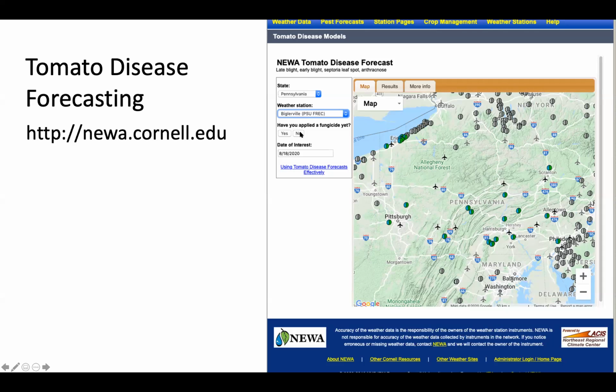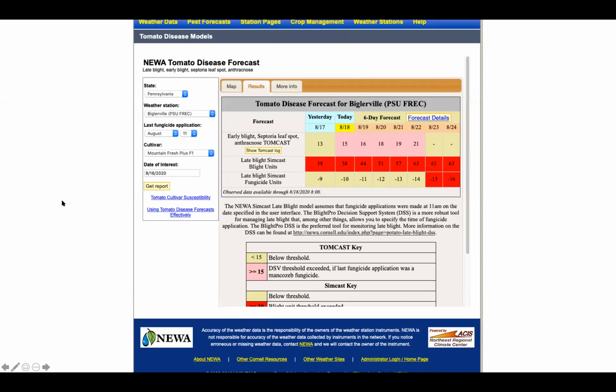So for this particular forecast, the question is: is this your first fungicide application, or have you already applied a fungicide? And then it's going to just fill in the current date. And then you would just hit results. And this is the kind of results that you would see. I had indicated that I had already applied, pretended I'd already applied a fungicide on August 11th, and I did that this morning. And so it had been 7 days since my last fungicide application. And for Biglerville, one of the PSU